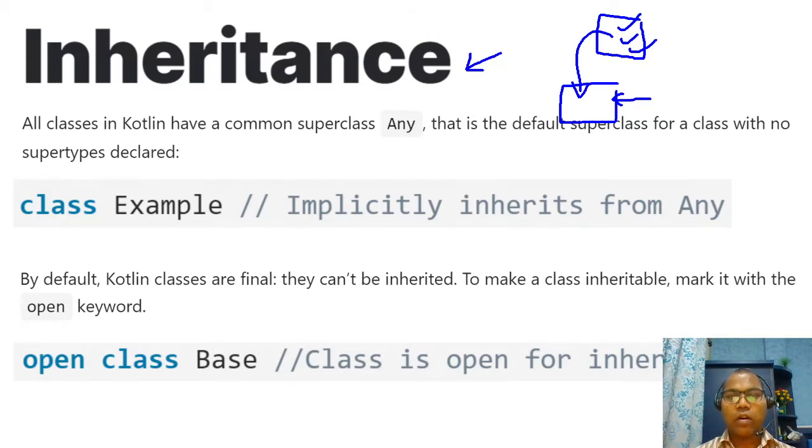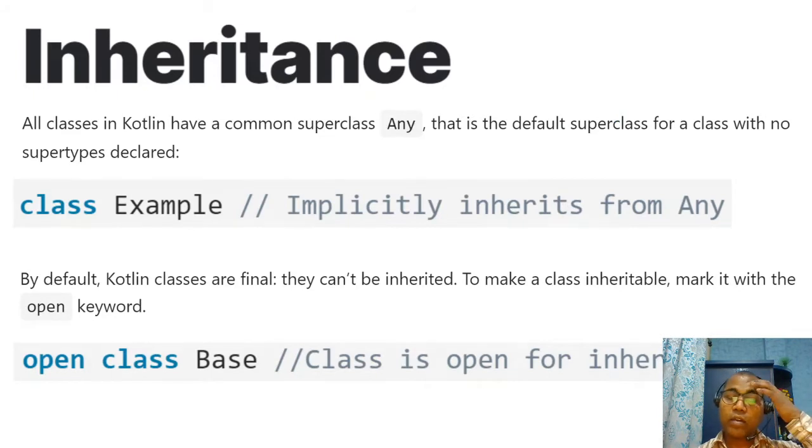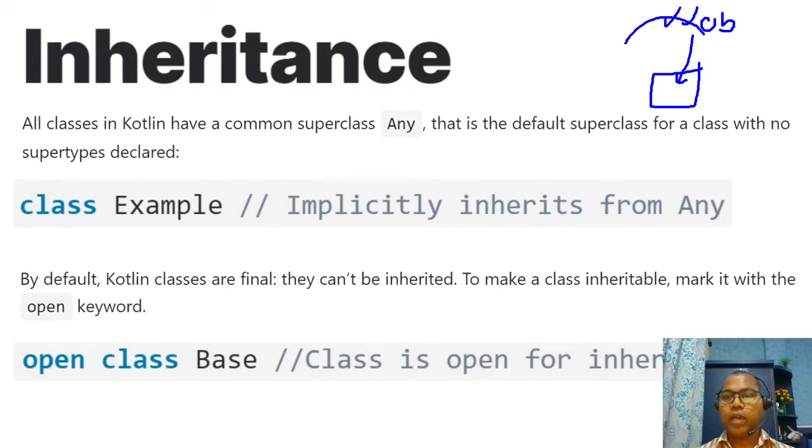So how does Kotlin offer the inheritance feature? Whatever you write in Kotlin classes, just like in Java, whatever class you write in a language like Java, all the classes are by default a subclass of the Object class. Object class is the superclass, and it defines some common methods like the equals method and the hashCode method, and these methods are automatically inherited by each and every object in Java.